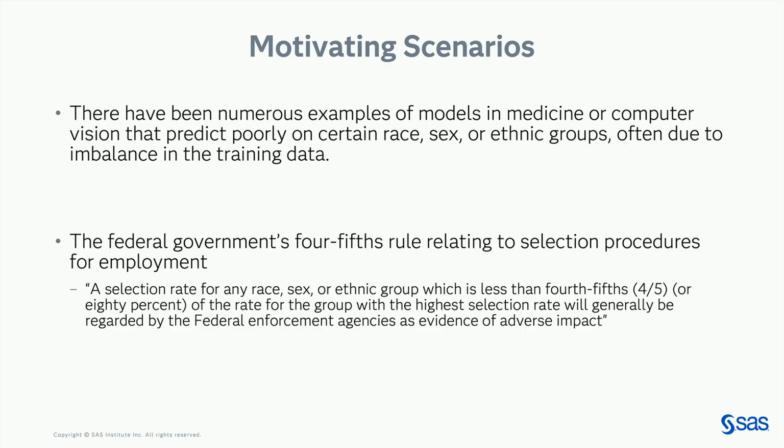So that's one scenario. Another scenario is, let's say you had a model that's going to say, do I want to hire someone? And you're just going to throw the data into the model, and the model says hire or not hire. Well, there's federal law about hiring, and it's the 4/5 rule. So if you have two racial groups, and one group you hire at a rate that's less than 4/5 of another group, there's an adverse impact there. So that's an actual example of where there are some legal requirements perhaps on your bias.